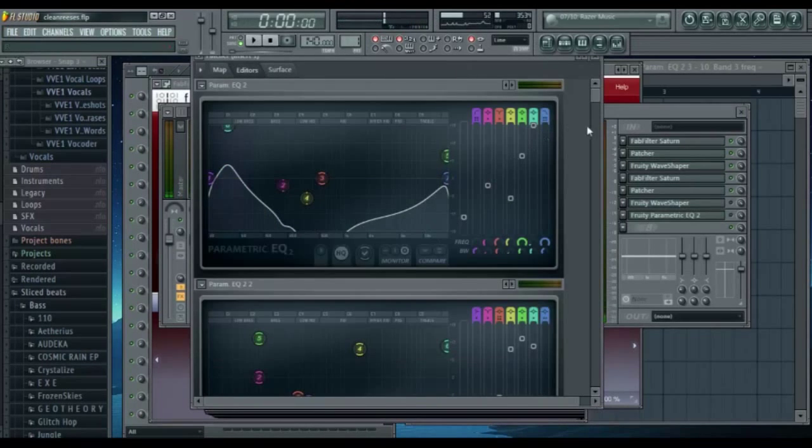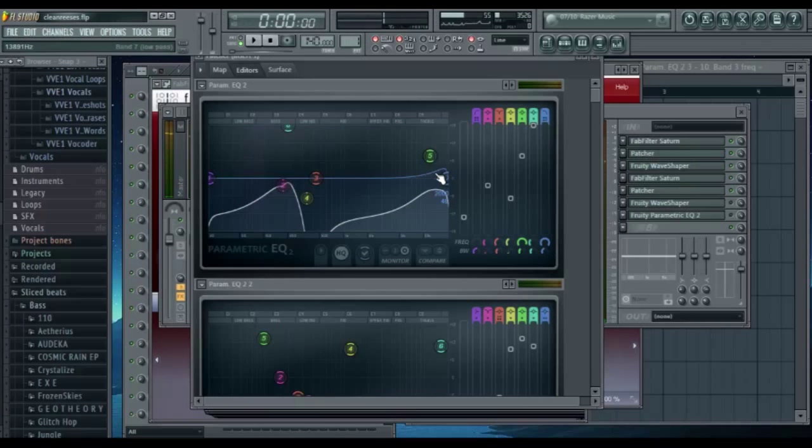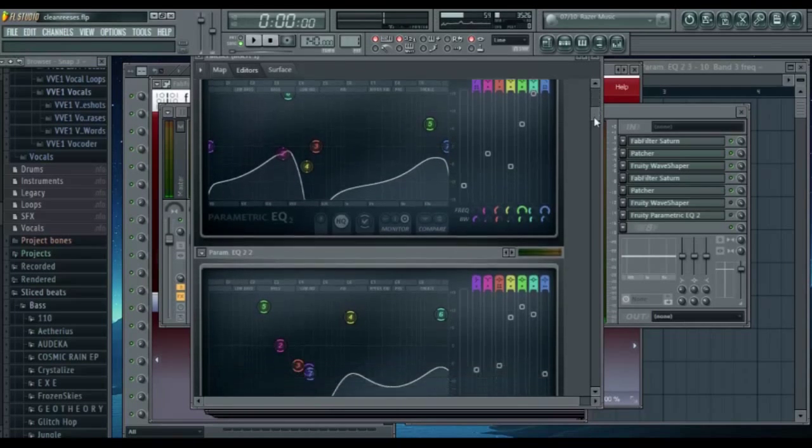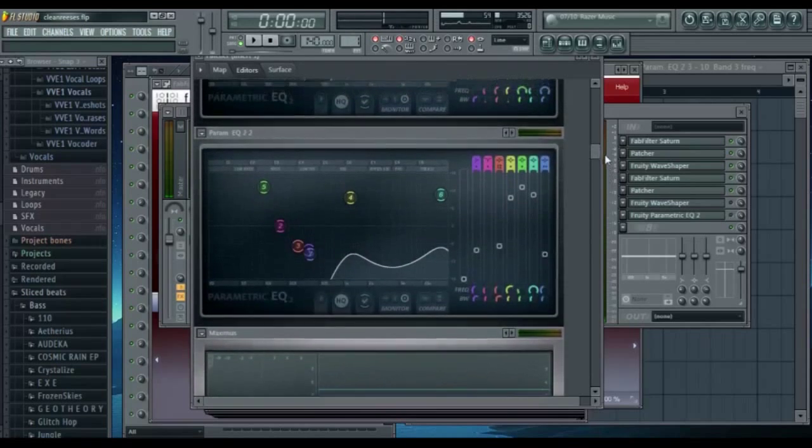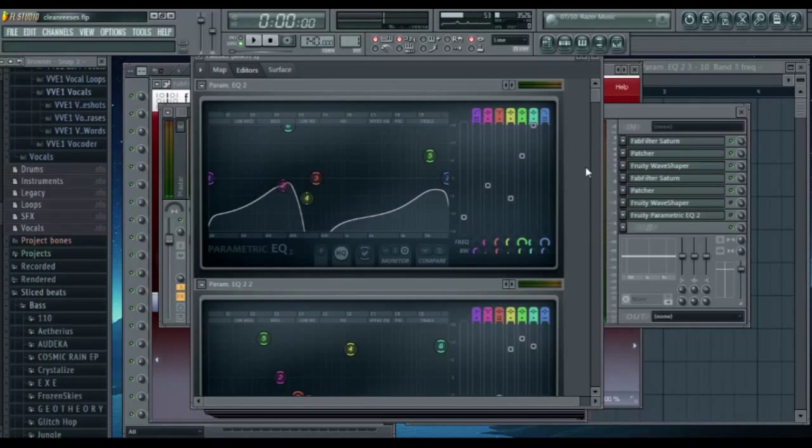One of the things about EQ modulation is that for every successive EQ that you put onto the sound and that you modulate, you don't want to be modulating the same frequencies, because there's really no point. If I was to follow this one with a successive EQ, say this one, right? And I did essentially the same movement in the second one, I may as well just boost this one more by adding another point following it or something. So for every successive one, there's different movement, similar movement but different, to create kind of a more complex texture to the sound.